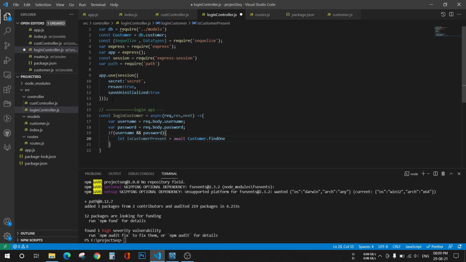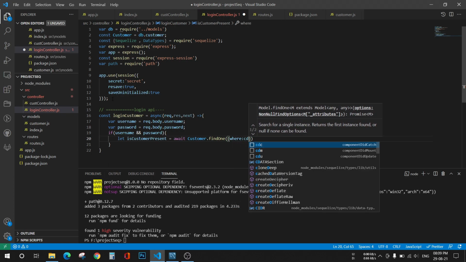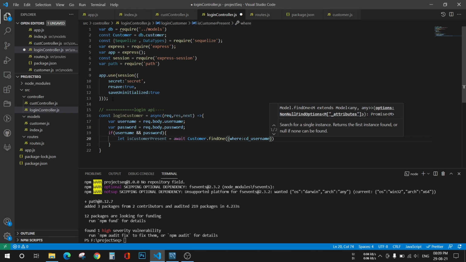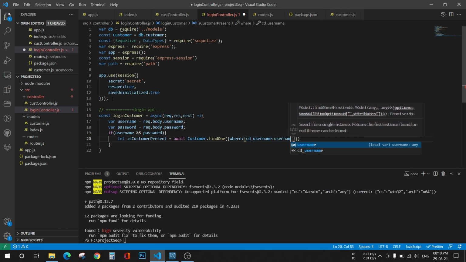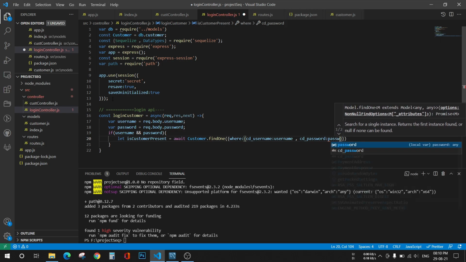What it will do is check for that customer which has that username and password, where cd_username, this will come inside parenthesis, must be equal to username and cd_password should be equal to password.